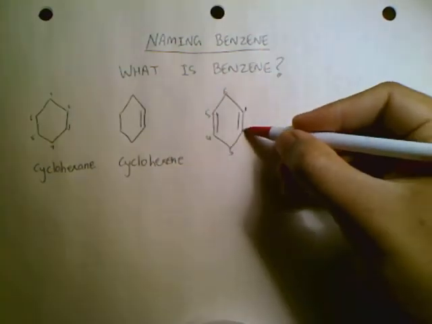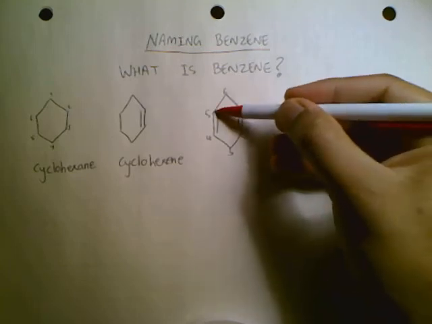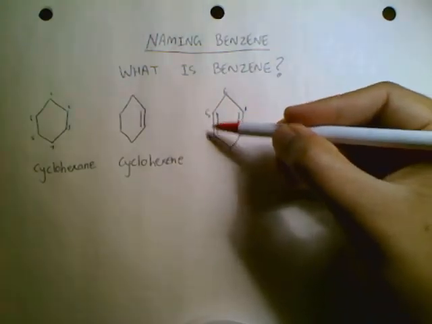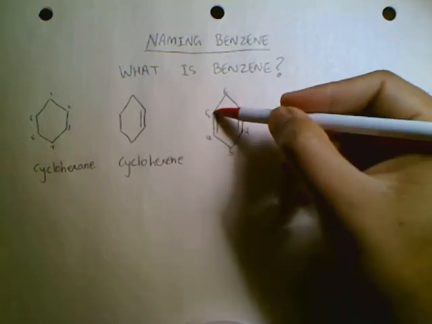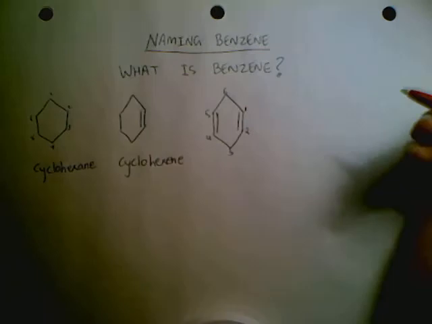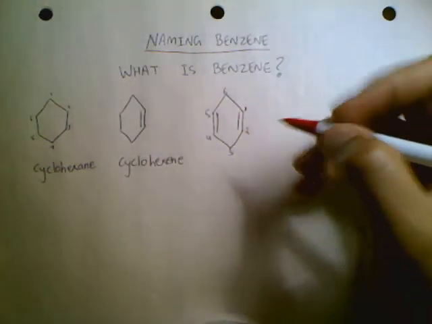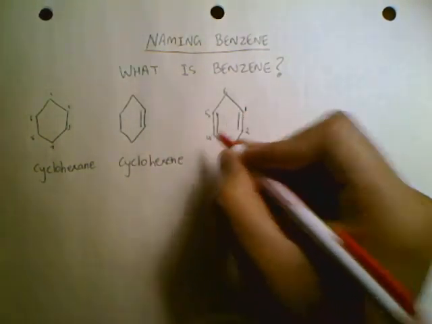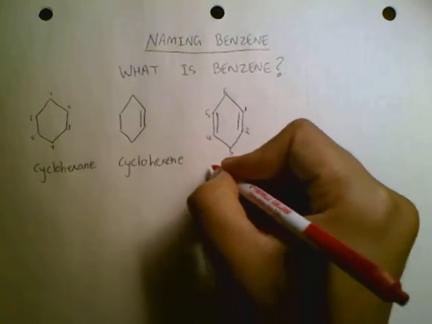If I started here, it would be the same numbers, 1, 2, 3, 4. Okay, if I started here, 1, 2, 3, 4. Here, 1, 2, 3, 4. So there's no other way you could have numbered it and gotten a different answer. So the first position and the fourth position has the double bond. So what we call it is